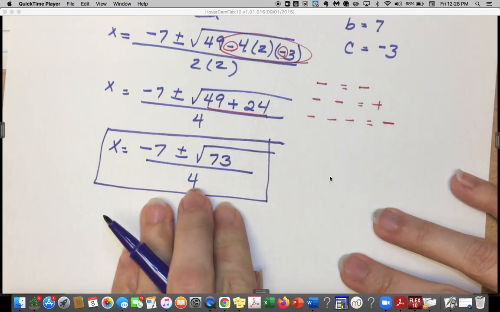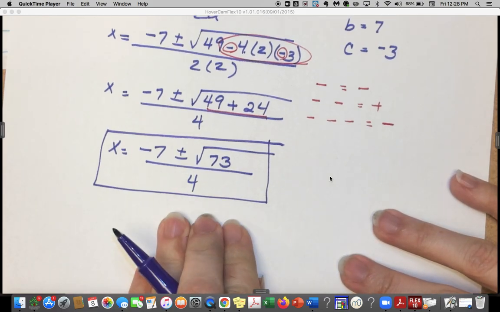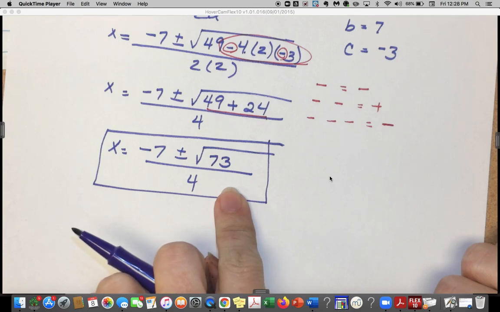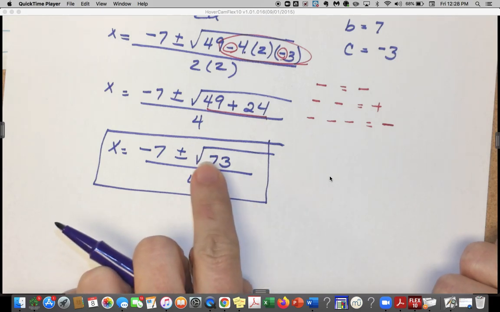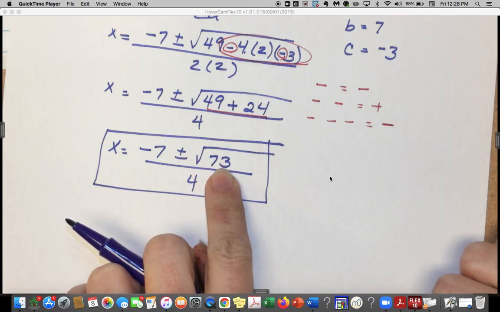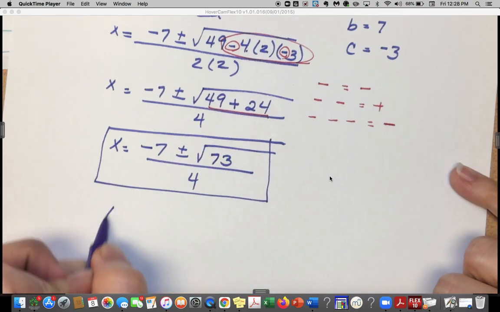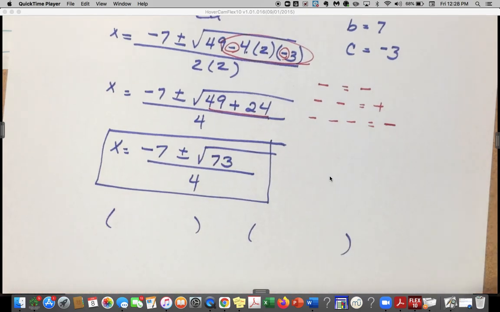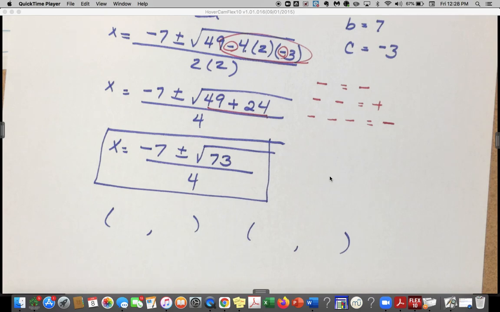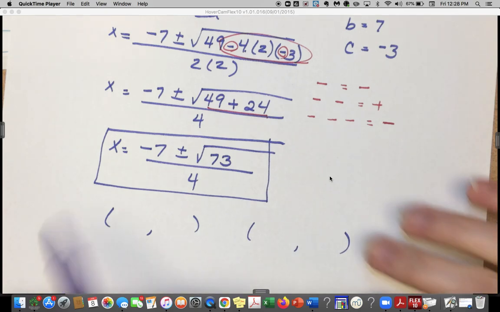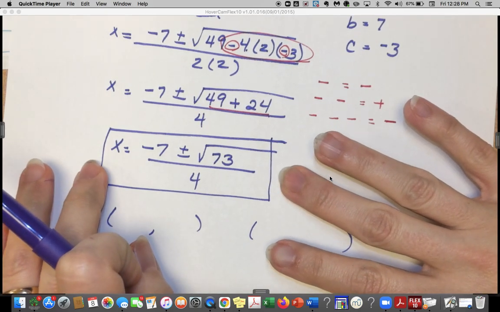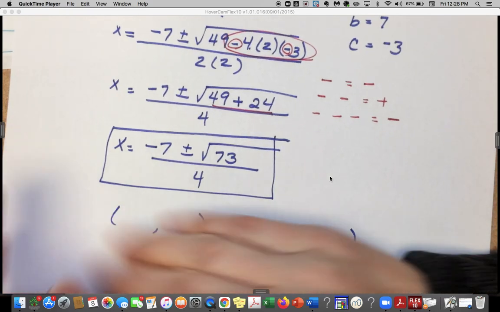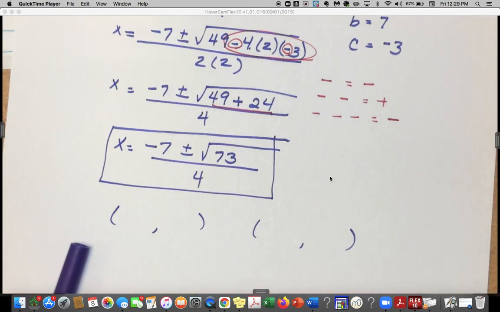Now, because this is an irrational answer, it's real. There's no i's in it, but it's irrational because of this square root of 73. I'm not going to go through and get the two ordered pairs. It can be done, but I would not require my students to do that. I would ask them for the x values, but then I would let my students stop there. So that's just an idea of what it looks like when it's a little bit more